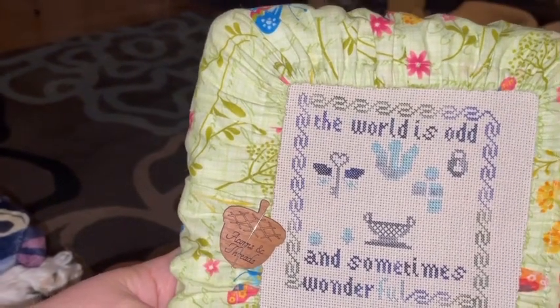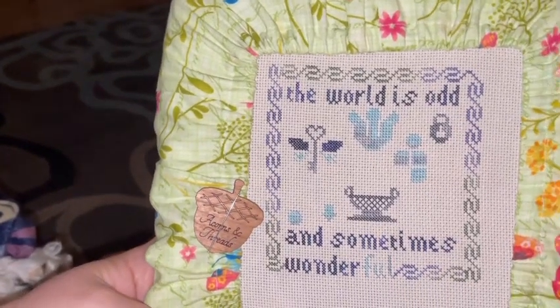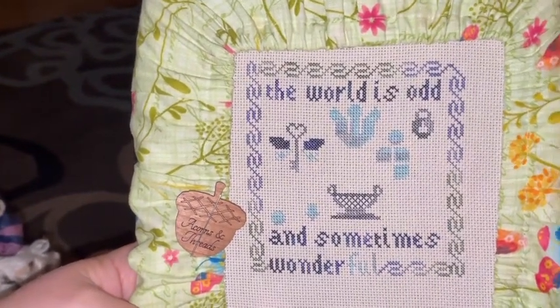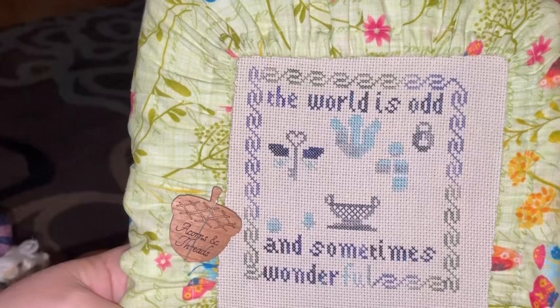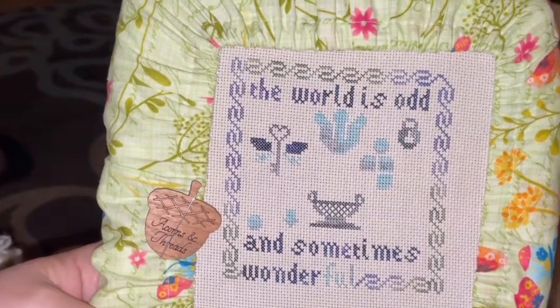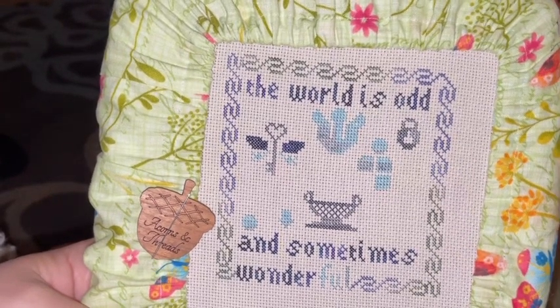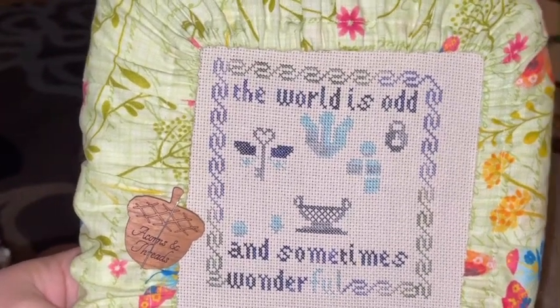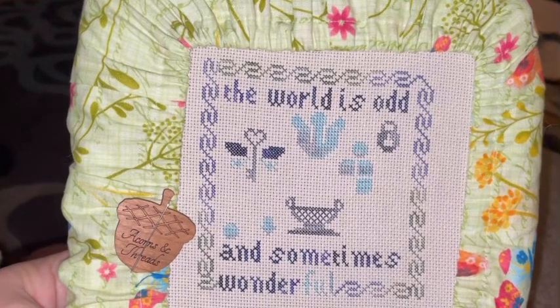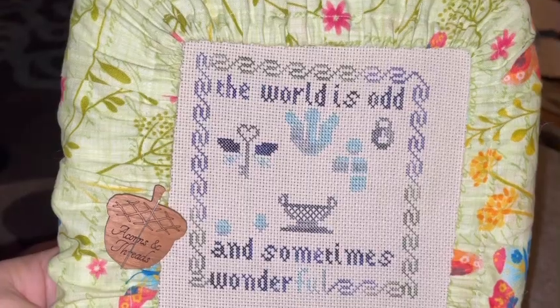I have worked on this two nights without doing a vlog saying, hey, this is what I'm working on and where I'm starting. So this is what I'm working on: Oddworld by Michelle Bendy Stitchy. I just put in my second night since getting home from the retreat. So what I've done since getting home